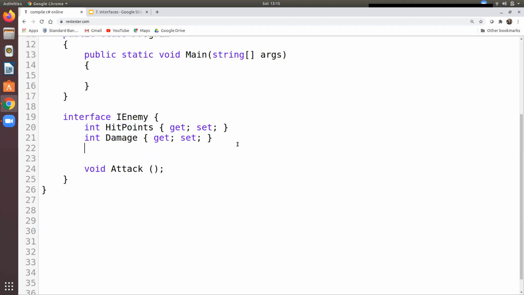If you wanted each of your enemies to have a name, you could just add string name get set, right? Bam, then all of your enemies will have to provide a name. You could add a whole bunch of other things, and you can add them easily. If you wanted your enemies to be able to run,